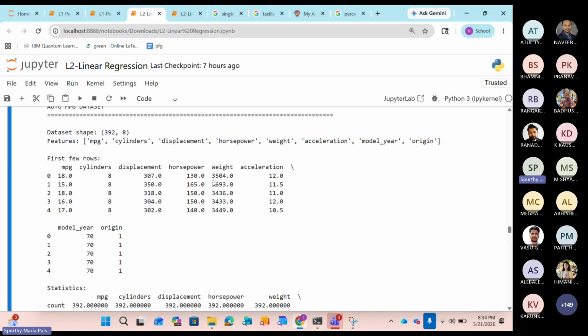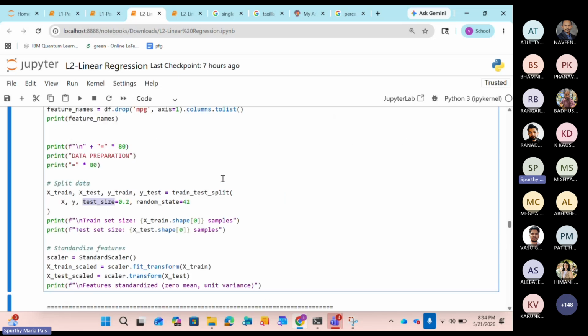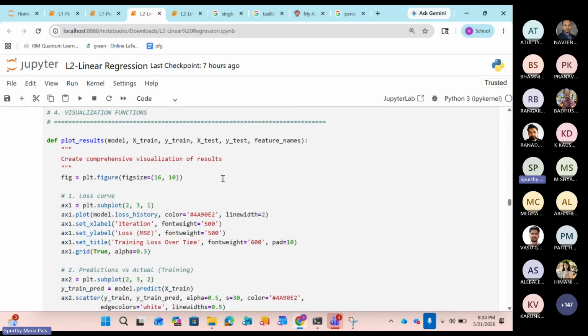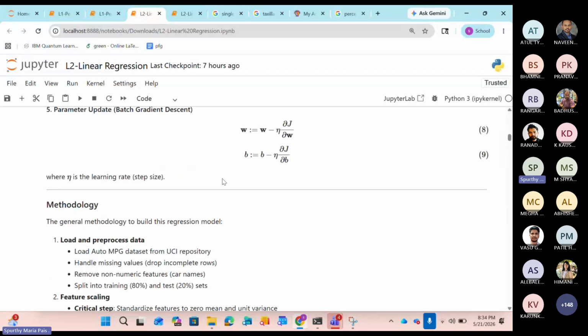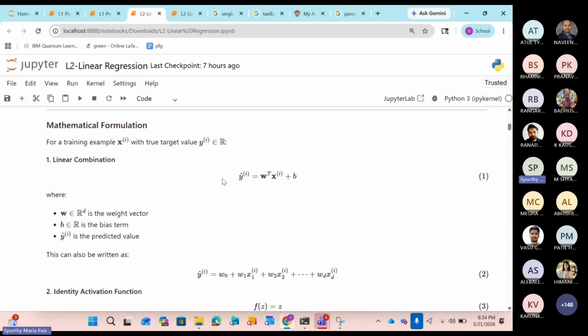Why you bring the values to 0 to 1 is nothing but whenever one value is high, like this is in thousands and this is in a single digit value, this might be given a higher weightage. In order to keep the values constant and not to give any higher weightage, you basically bring the values to 0 to 1. So how you do this is nothing but you basically will be using the function